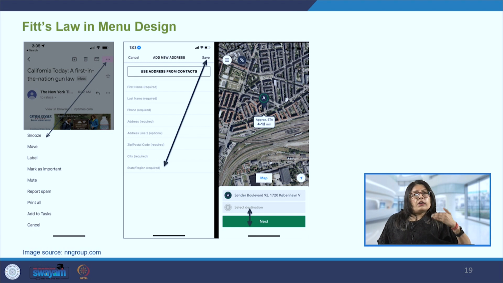Generally, when a user is filling in a page from top to bottom, it makes sense that the save button is at the end of the last field that the user is entering, rather than placing it on the top where the user may have difficulty in identifying the save button.